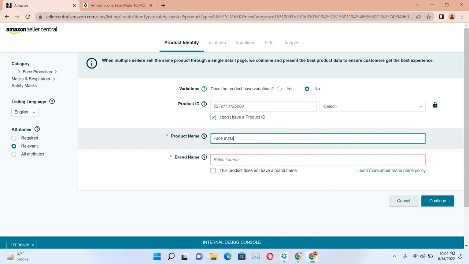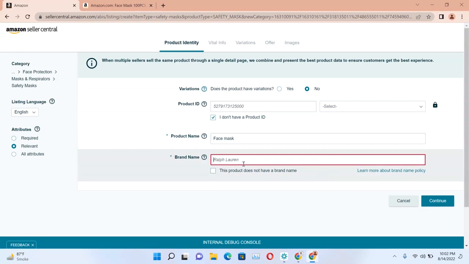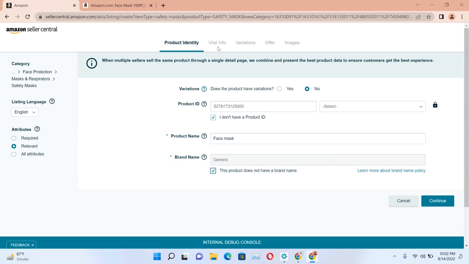You can prepare your product name or title in a professional way, and then you have to write your brand name here. I want to clear one thing. If you are not using the UPC, then you will need to get special permission from Amazon to list this product with your brand name. So in most cases, when we get the GTIN exemption from Amazon and we say that we will never use the product ID, then we just say that this product does not have a brand name. And on the second page,